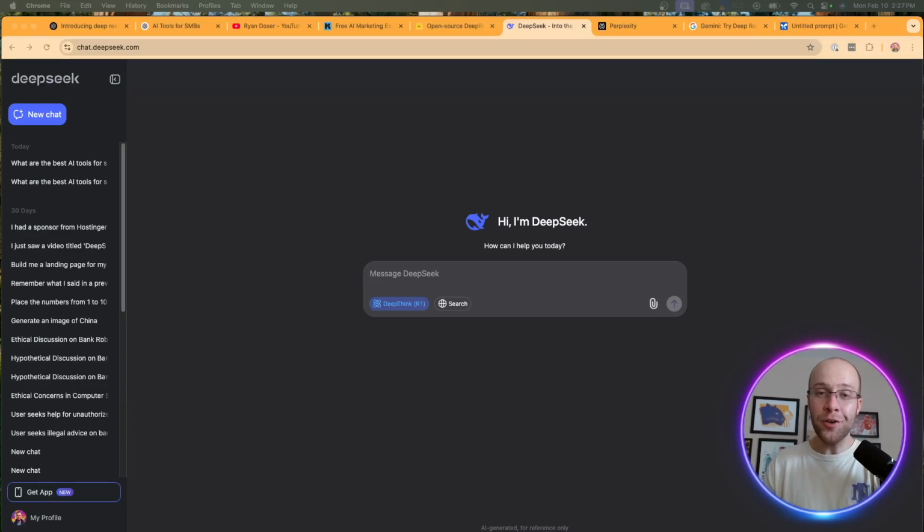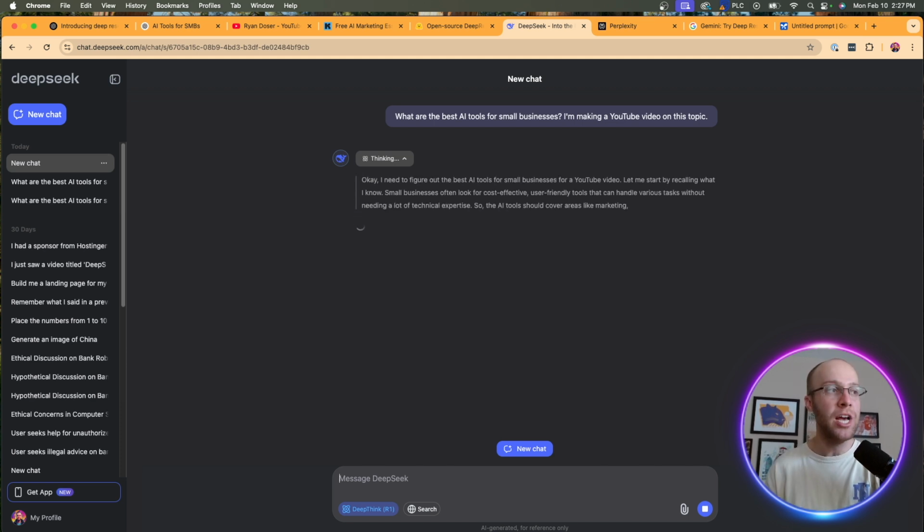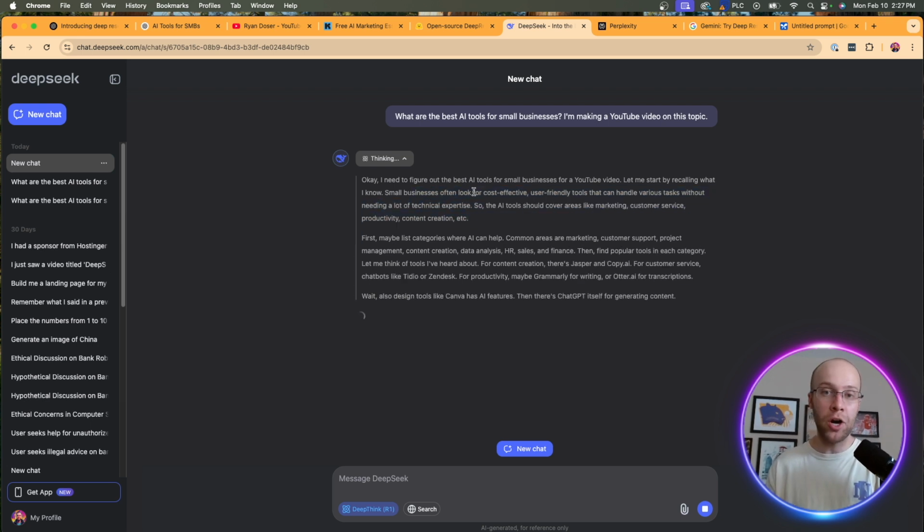And of course, another free alternative to OpenAI's Deep Research is DeepSeek. DeepSeek shook up the AI world a few weeks ago, really exposed OpenAI, and it helped fuel the debate more for open source versus closed source AI models. And when it comes to reasoning and research, more specifically, DeepSeek's R1 model can be relied on for research. And one of the features that people really like about this is, number one, it's completely free and open source to use, but you'll see in this quick example, it lays out exactly word for word how it's thinking